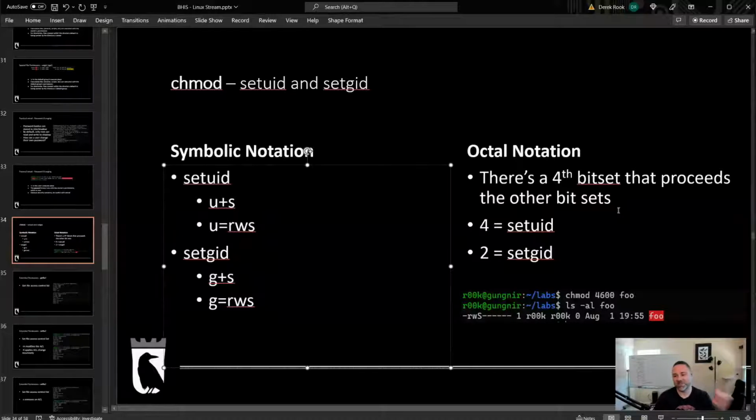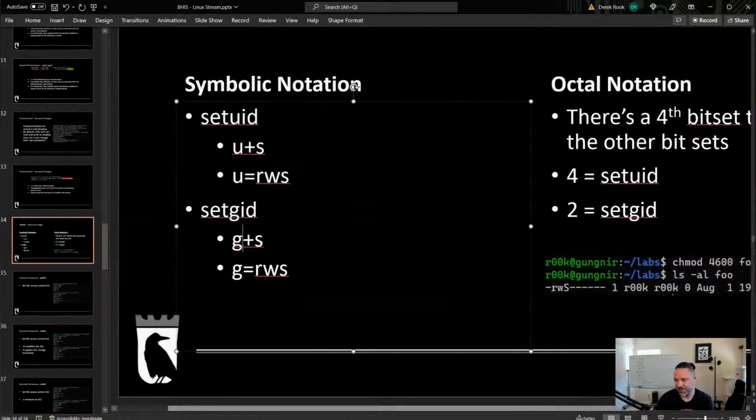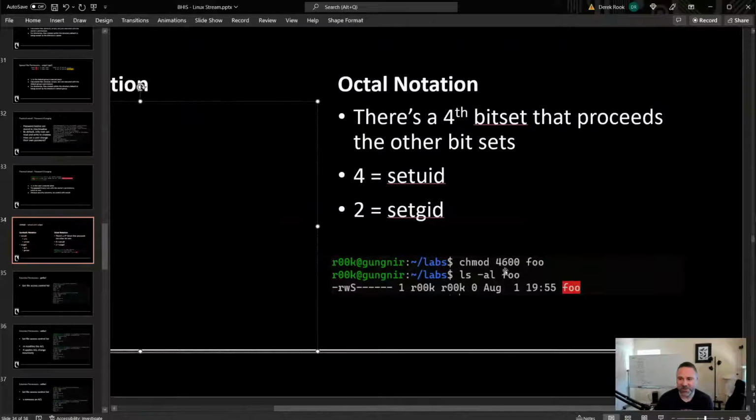And if you want to do it in octal notation, the way that works is you add a 4th place. The three that you use by standard are the last three. So you can see that I set it for 600, which means the read and the write permissions are set for user, and we can see that read and write are set.